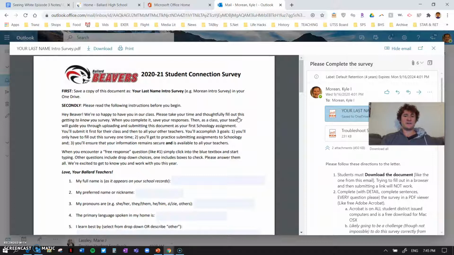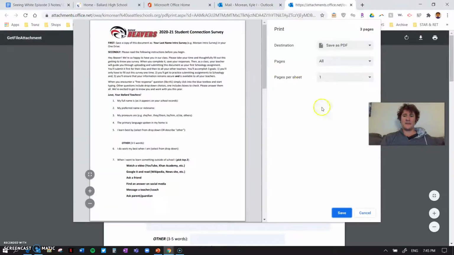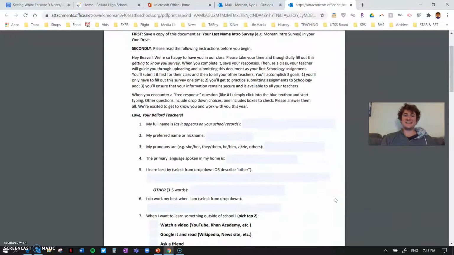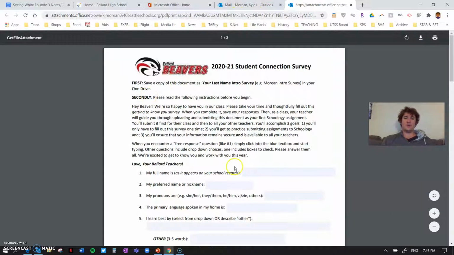One of the areas that people have been struggling with is you start filling it out here. This is just a preview window, and if you fill it out here and then go to download it later, it will be blank. So the first thing that you should do is hit print. I know this seems counterintuitive. And we're going to cancel out of that print, but we're going to stay inside this browser window and fill